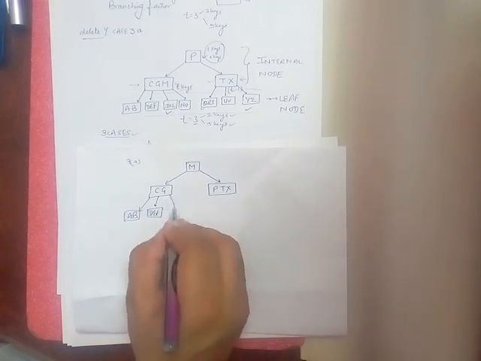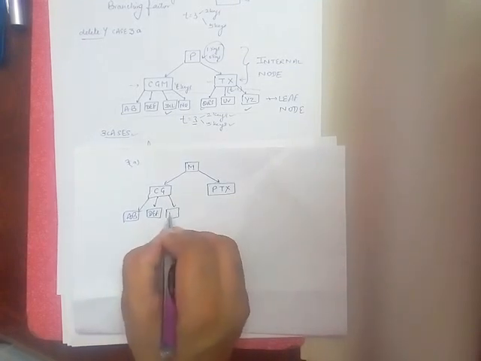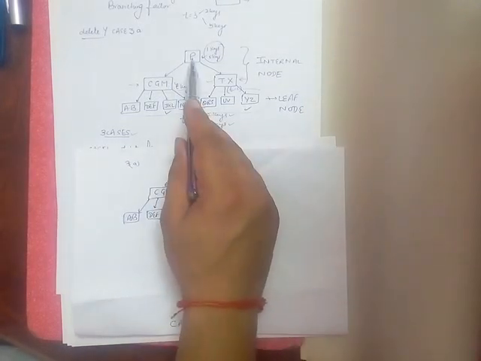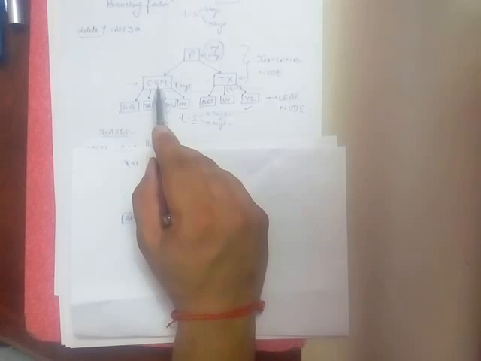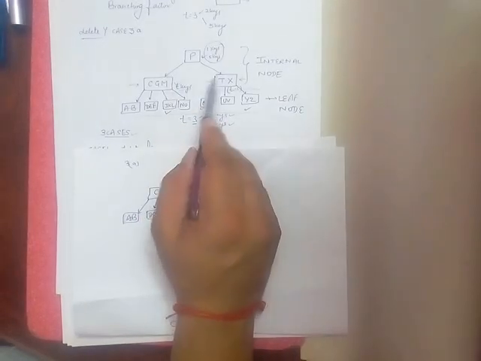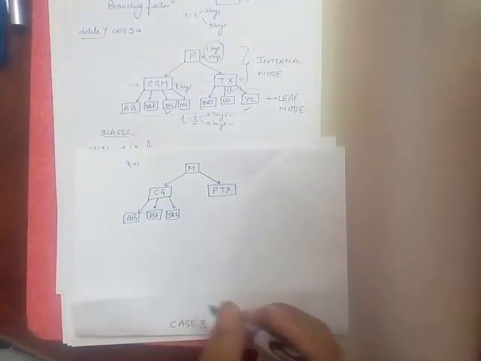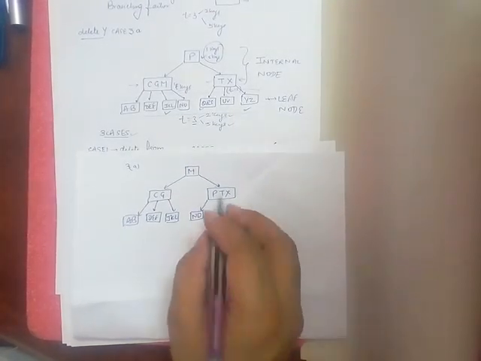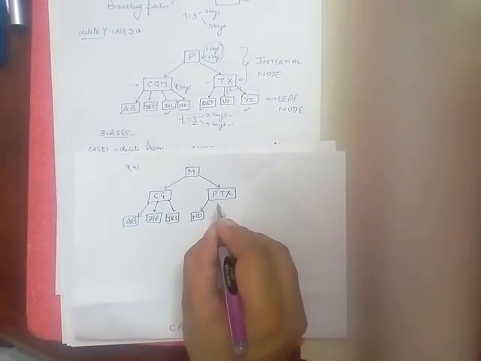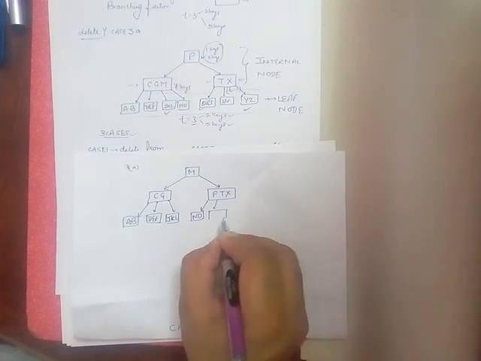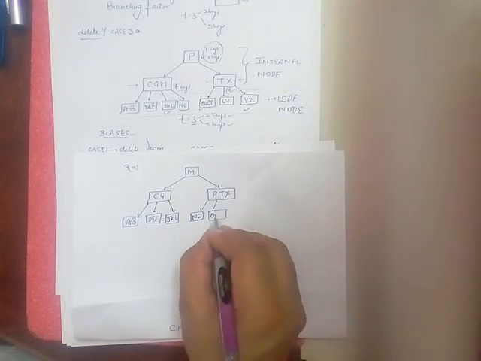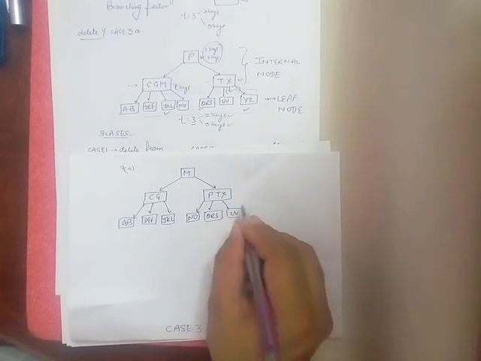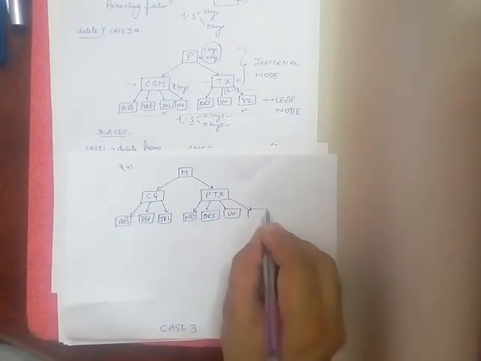As the pointers are adjusted, G's right child will be J K L. M is moved here, P is moved here. It is having two children, one is moved here and P is moved here. Then this child will be moved to the right children. Here P's left child will be N O. Here the child is having Q R S. Here we are having U V. Here I am having Y Z.